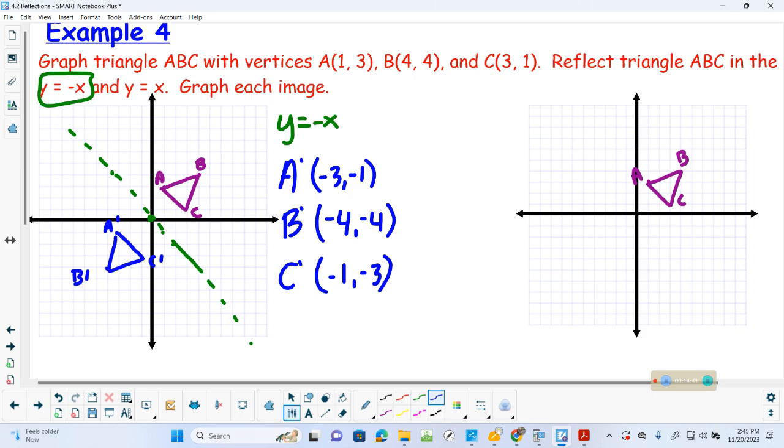And I'm like, oh yeah, I see it flipped over that green line. Yeah, I see it reflected. I see it now. I got it. But again, it's hard for me to sometimes count it and do it, so I use the rule. However you can get the blue triangle, I'm happy. All right, so for